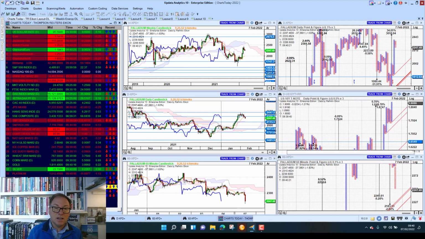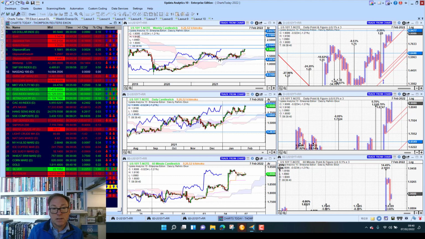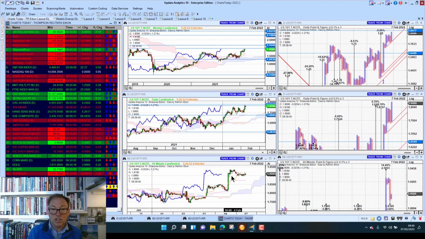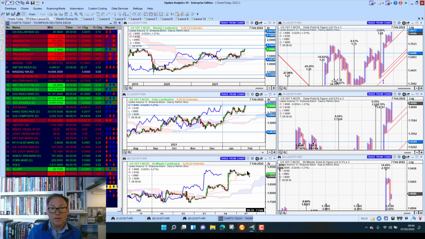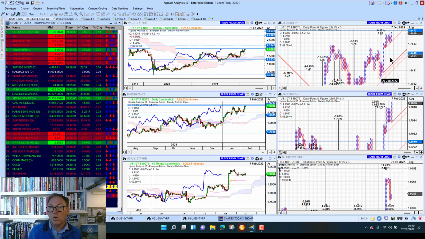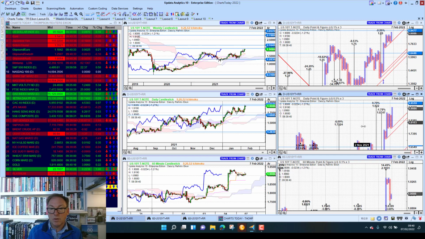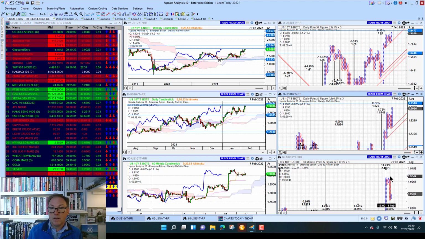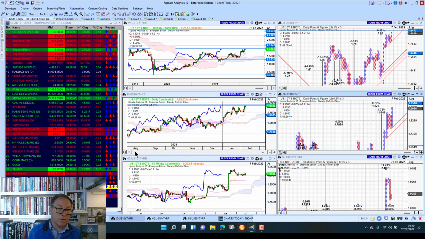And US 10-year yields are sitting at 1.9%. So we did see that jump on Friday in the yield, and of course all eyes on that 2% level. Got a new target of 2.18 if we break to new highs above that sort of 193 mark.